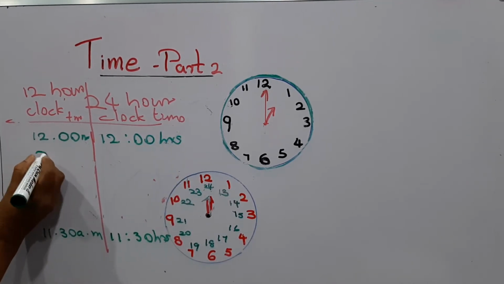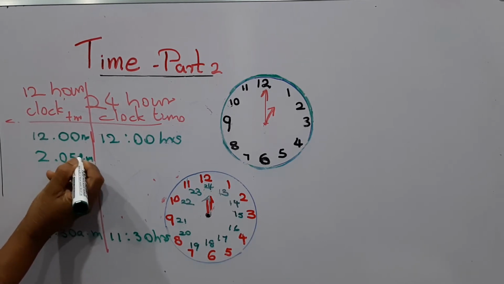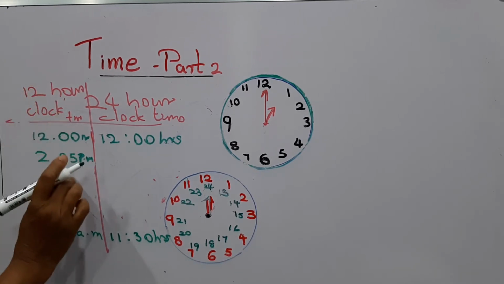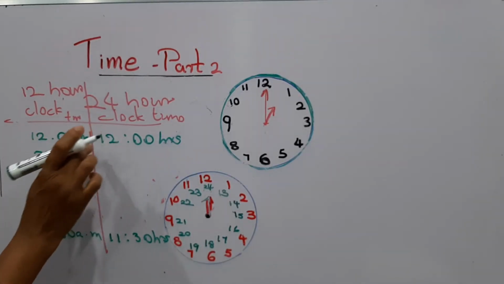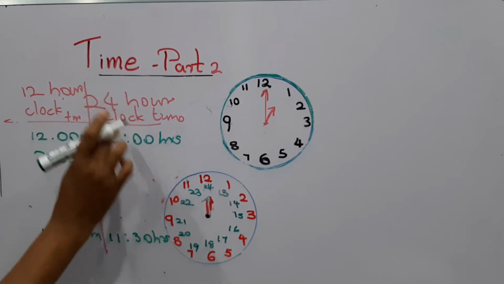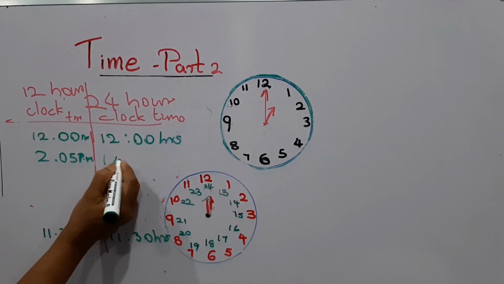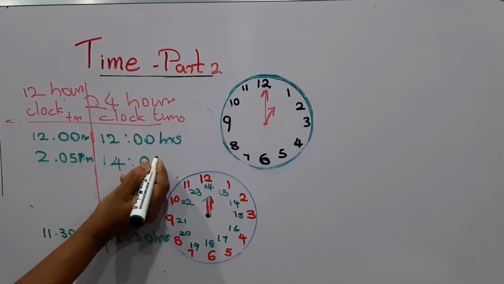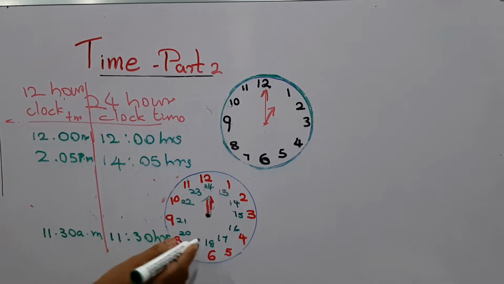When the time is 2:05 p.m., we learned why we write p.m. Afternoon, post meridian, we write p.m. That means after 12. Then we write in 24-hour clock time. That is 2 means 14 hours past and 5 minutes. 14 hours and 5 minutes. We'll write